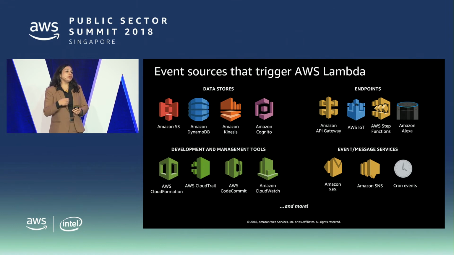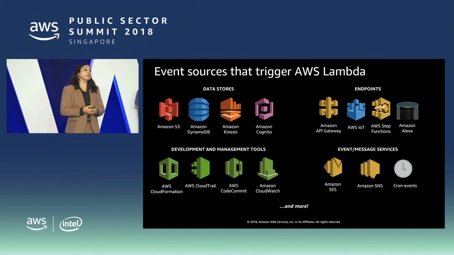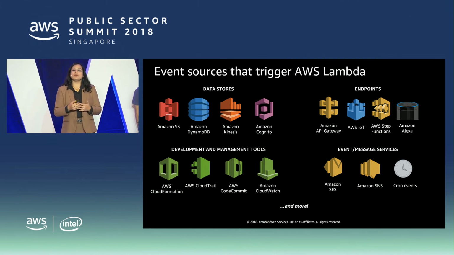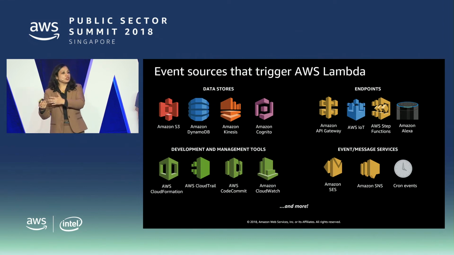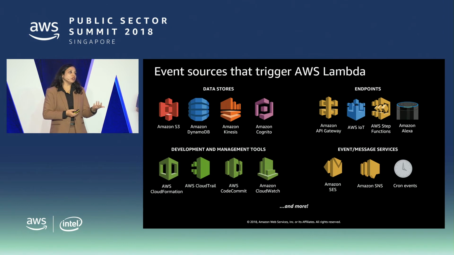It could be doing some analysis and updating, let's say, a database table. It could be doing some pre-processing and writing it back to S3, whatever. It's about what is being triggered. Or think of Amazon DynamoDB. Let's say when a row is updated, you want to go and update certain other functions. That, again, can be taken care of by your Lambda. So the triggers could be multiple, from your different data stores, your different endpoints.